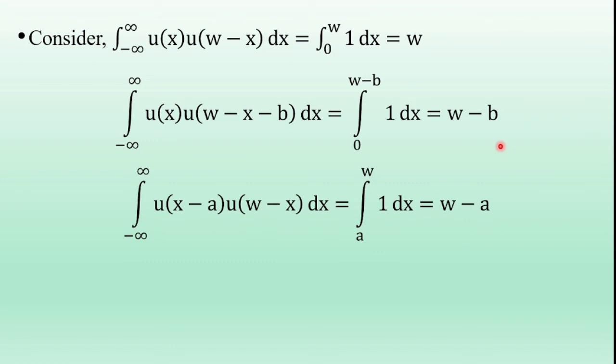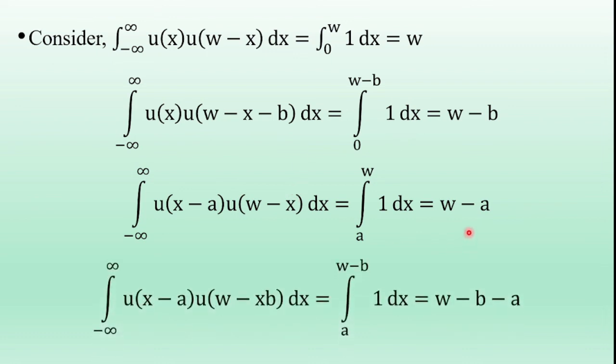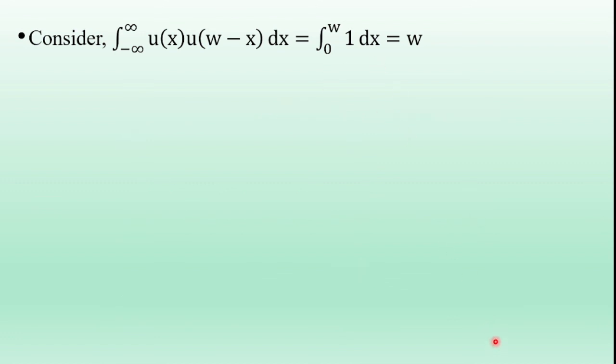And the third integral term is the integral from minus infinity to infinity of u of x minus a into u of w minus x dx. u of x minus a is 1 and u of w minus x is 1 for x equal to a to w. Simplifying that, the third integral term is w minus a. And simplifying the fourth integral term, its value is w minus b minus a. Now substitute all these integration values into